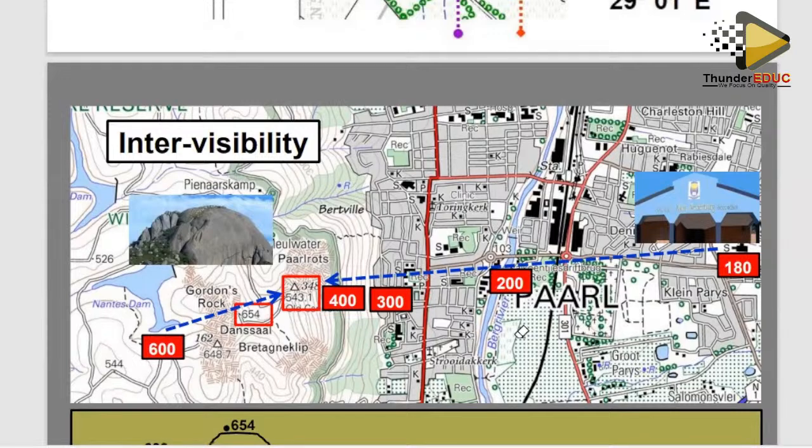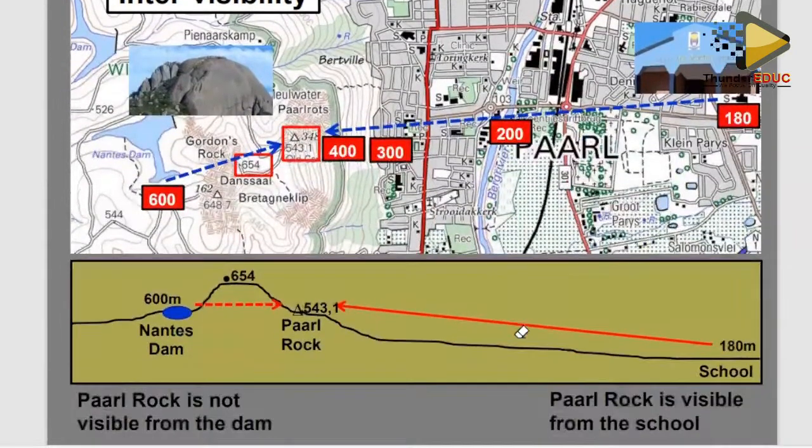The question here is saying, on this example that we are having, we want to determine if there is intervisibility between the Nance Dam and the Pearl Rock. As indicated, the Nance Dam is here, and the Pearl Rock is indicated at this particular station here. So if you are to check the cross-section of the area between the Nance Dam and the Pearl Rock, it